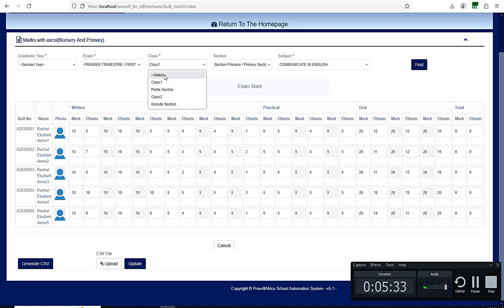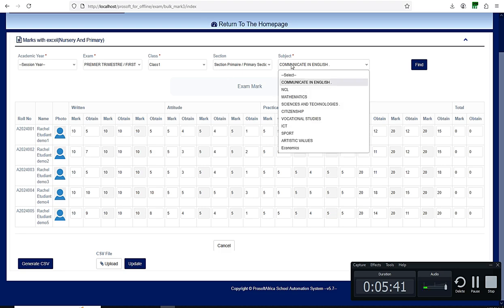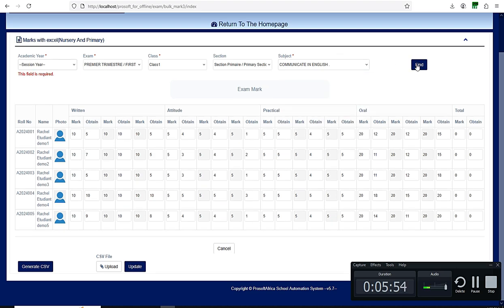you select the class. If you are a teacher, you are going to have access only to the classes that have been assigned to you. You will choose your section, then you will choose the subjects. If you have been assigned just a particular subject, just your subject will appear, unless you are an administrator like I am right now. So if I choose Communicate in English and take fine,